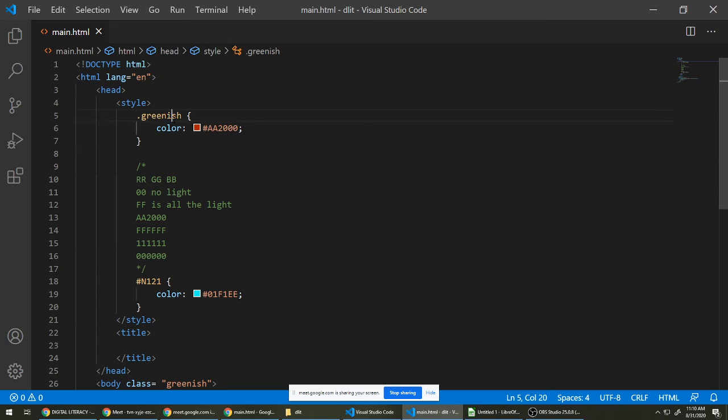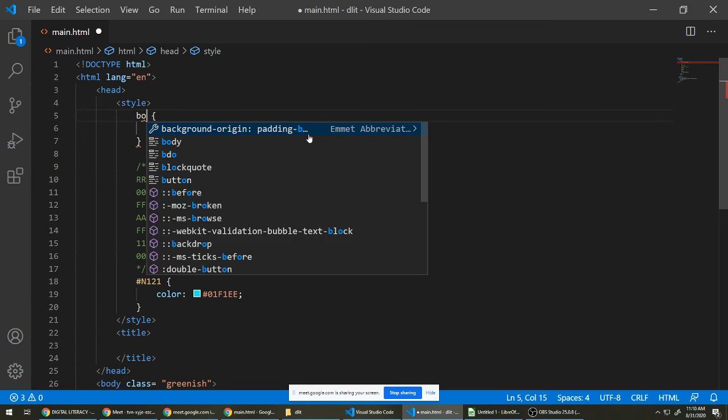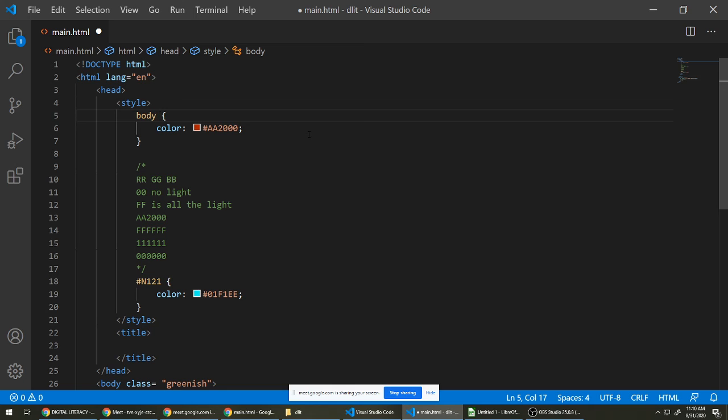So with this, instead of doing this off of a class, which would be dot class name, if I wanted to say body, now I'm stating everything in the body is going to have these CSS attributes. If I stated similarly